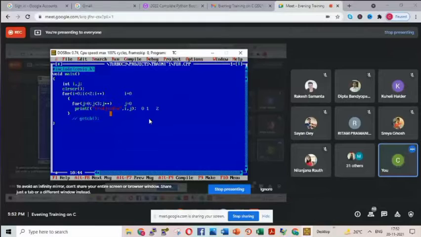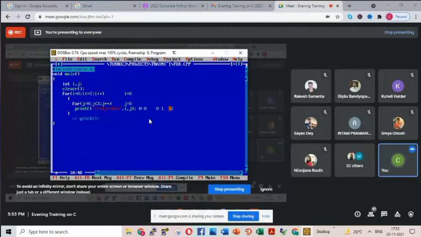Now at this situation, just go one step behind. Which value of i did you have when you entered inside this for loop, inside this bracket? You had the value of i equal to 0. And you are printing i and j both, so i value will be printed along with j. Again, when you are printing, j value became 1, but along with that you are printing i value. i value has not yet changed, so i remains the same, that is 0.